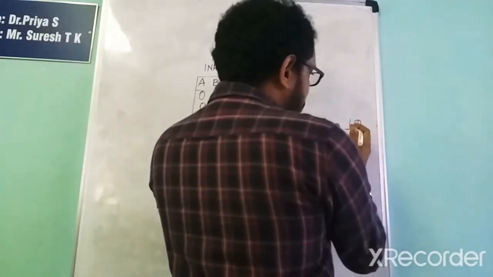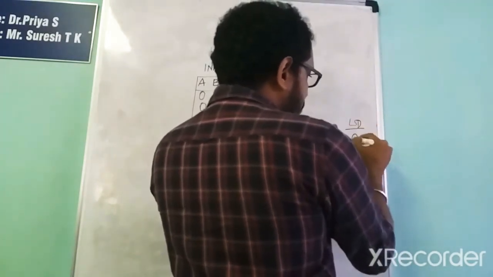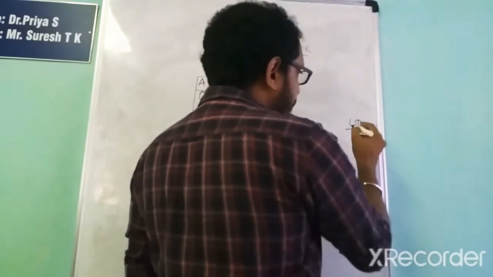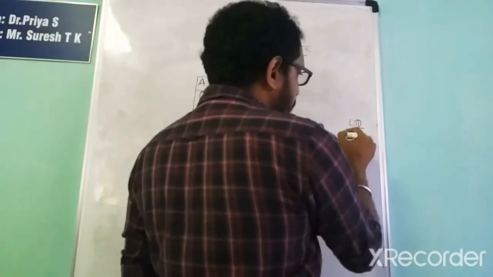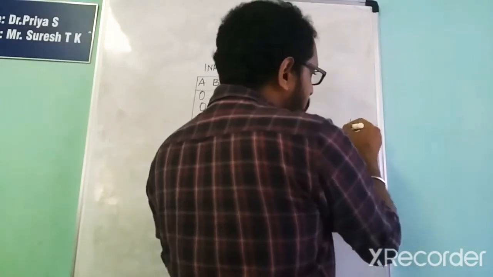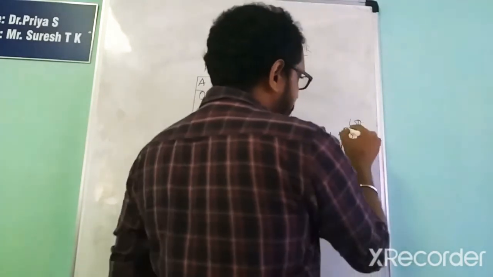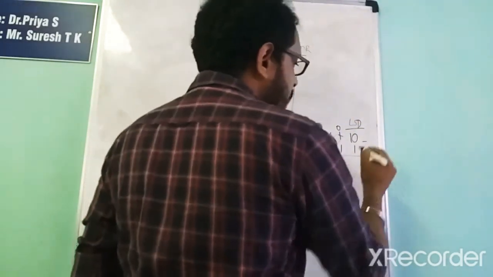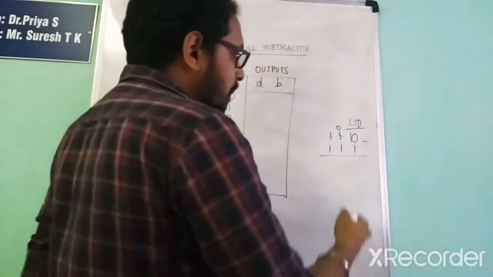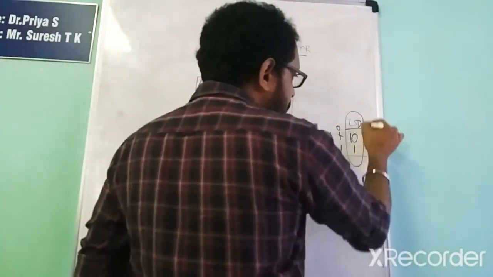Say for example, if this is 0 and this is 1, and there can be bits from here also. So what we do is we take a borrow to the next case, make this 0 and this will become 10. This is how we perform the case, and this is the case with half subtractor.